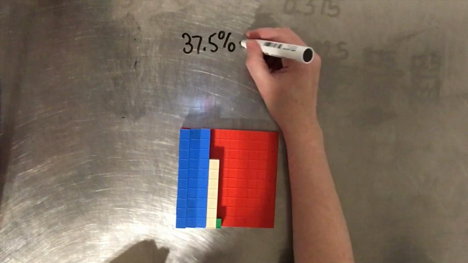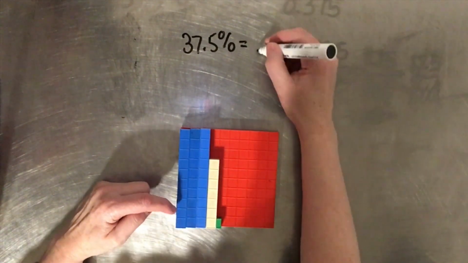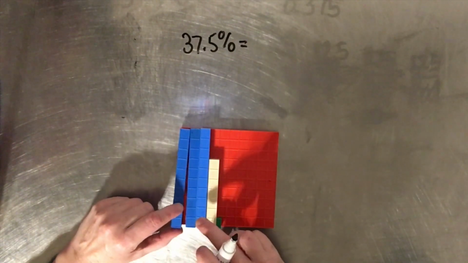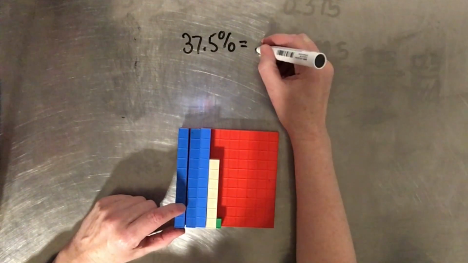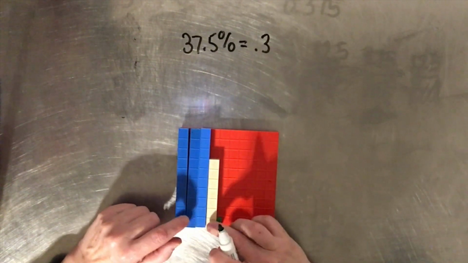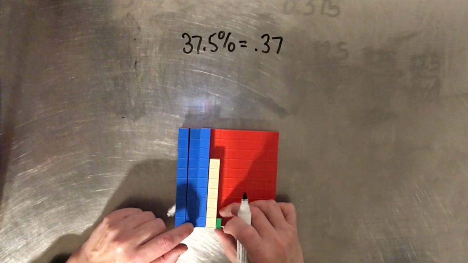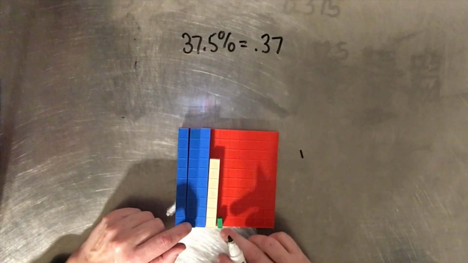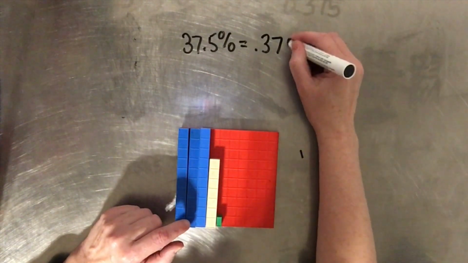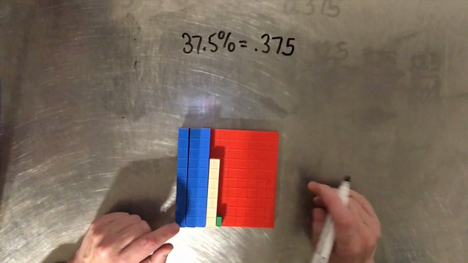And that's the same as 3/10, because remember, each one of these fits into here 10 times. So 3/10. And then if we're looking at the individual pieces in here, we have 7/100. And then these are those little tiny ones that I was telling you about. And there's 5 in there, 5/1000. So now we've got that as a